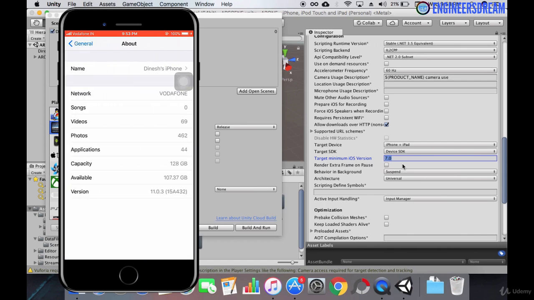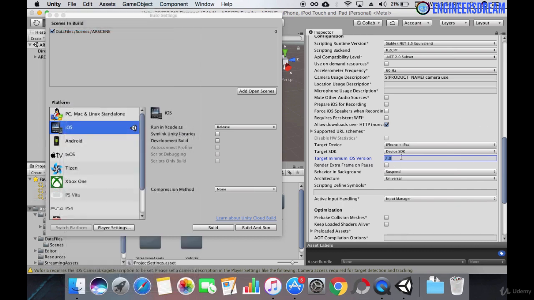In the about option, you have this option of version, and as you can see, the version of my iPhone is 11.0.3, which is the latest version by the time of this recording. Since my iOS version is 11.0.3, I will leave this target minimum iOS version at 7.0.